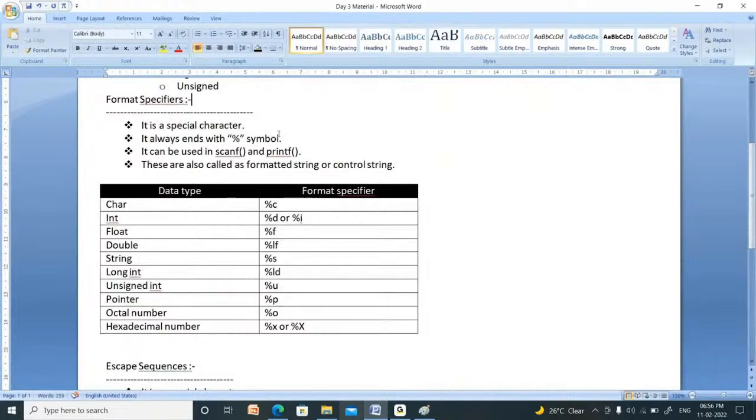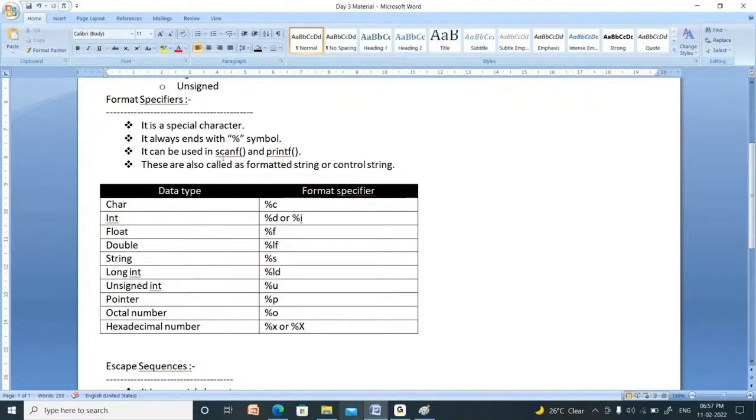A format specifier is a special character.